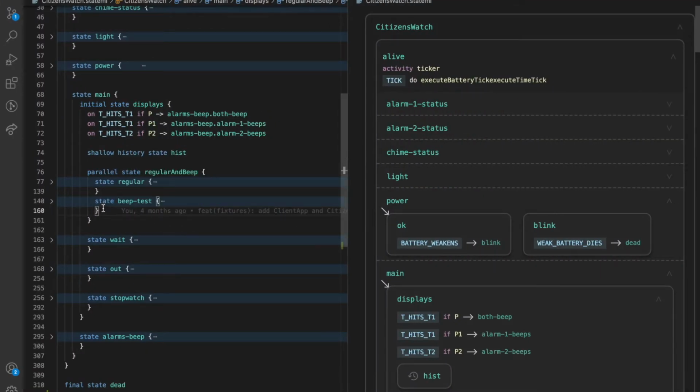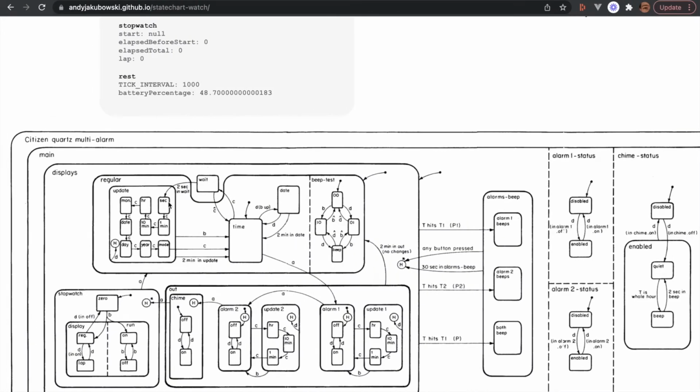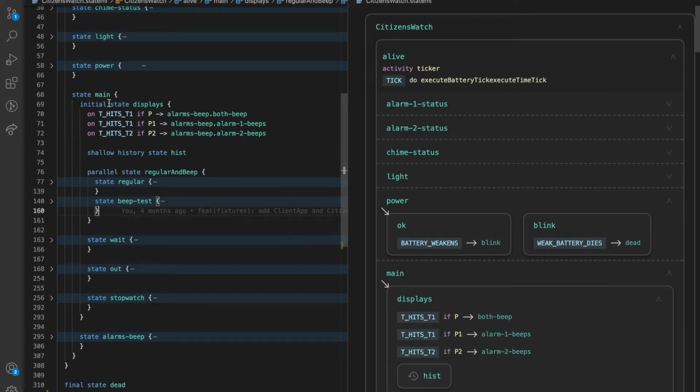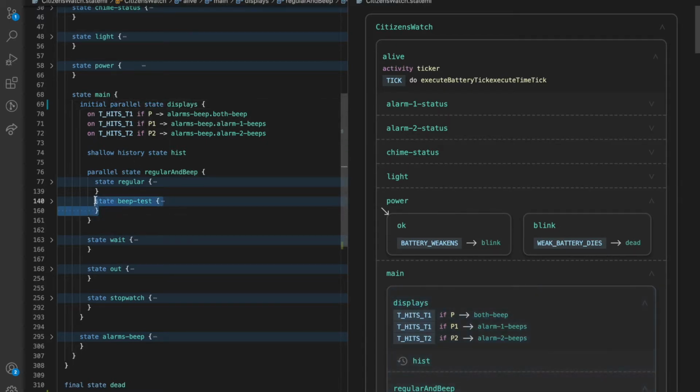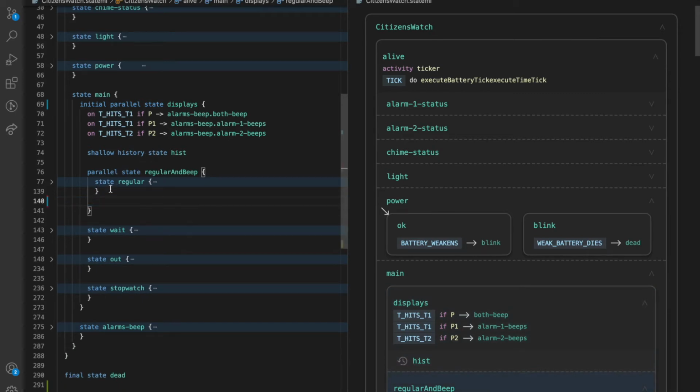So we're actually going to make displays an orthogonal region. I'm just trying to get my ground here. Orthogonal, correct? So what we're saying is anytime you're looking at a display, there could possibly be a beep test. And what that means is anytime the alarm is beeping, there's no way to have a beep test. Although we might talk about this later on, I believe. I'm not sure we'll be leaving it like it is, but you could, for the moment, guess displays and make it. Cool. Having said that, why is beep test isn't a display that